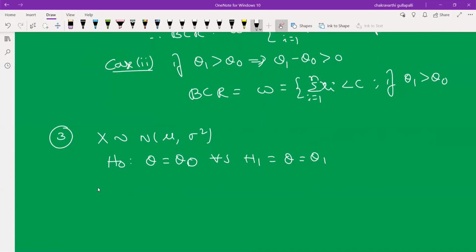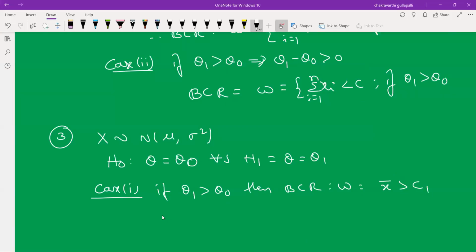Directly you have to remember these BCRs. The first one is theta 1 greater than theta naught, then the BCR is W, that is equal to X bar greater than